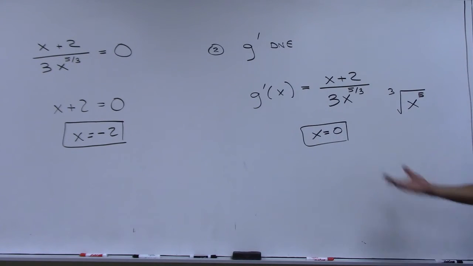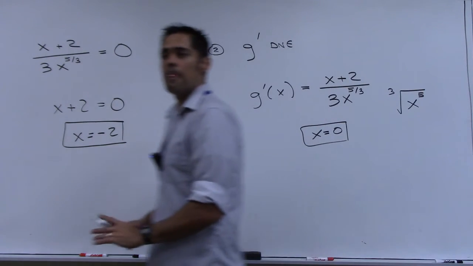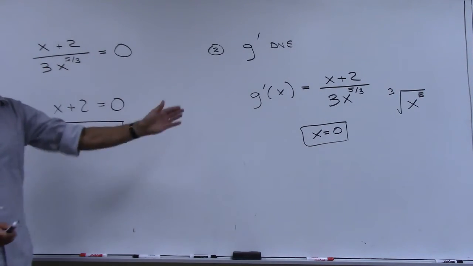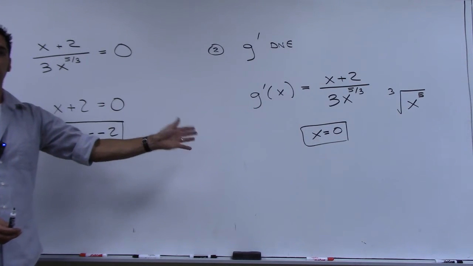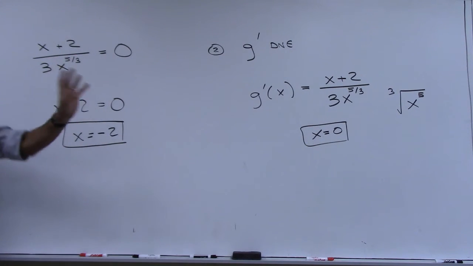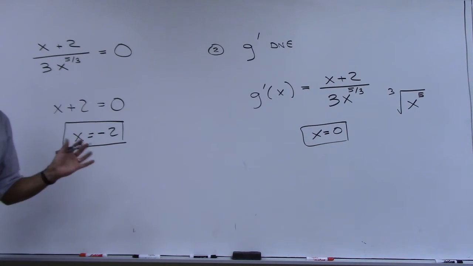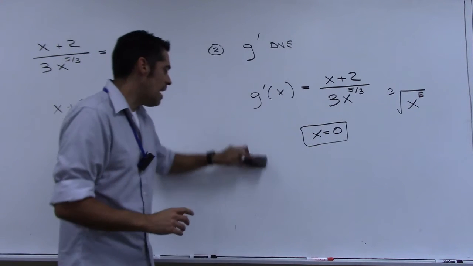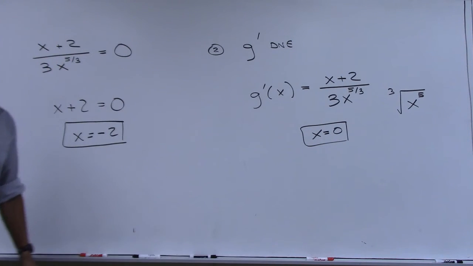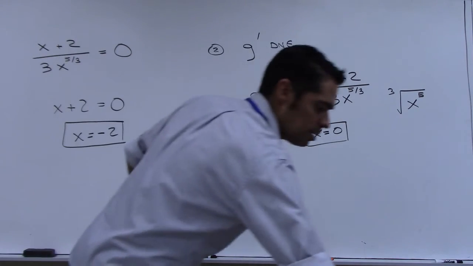It appears that those are the only two critical numbers. So does that mean that I have to have a maximum or minimum there? No, it's just saying that something interesting is happening there with my function. Let's see if these both belong to our group of critical numbers. These have to be part of the domain of the original function, right? So maybe I should have looked at the domain first.